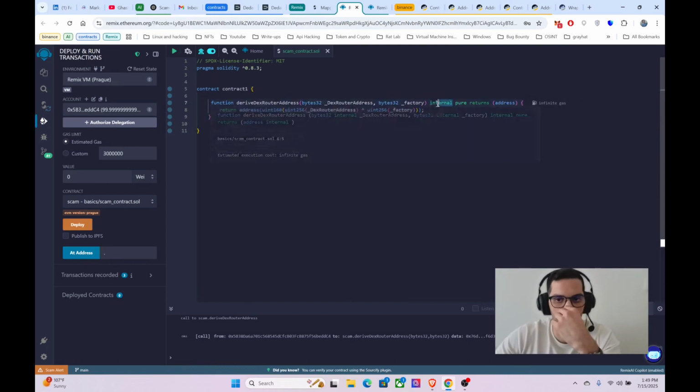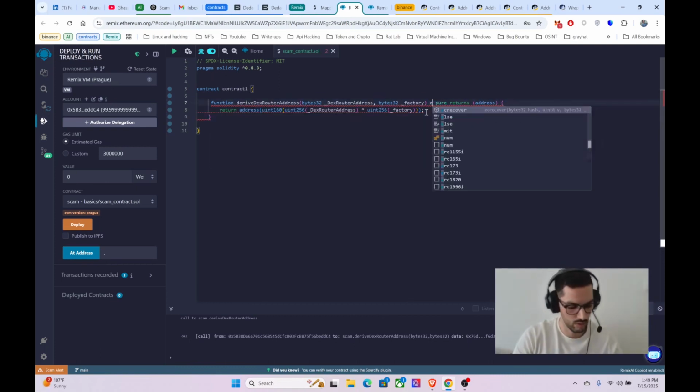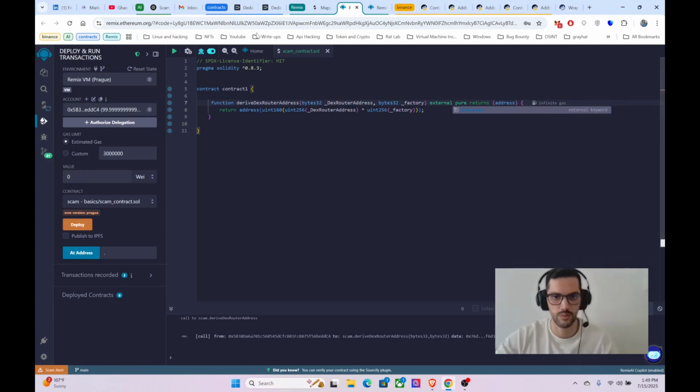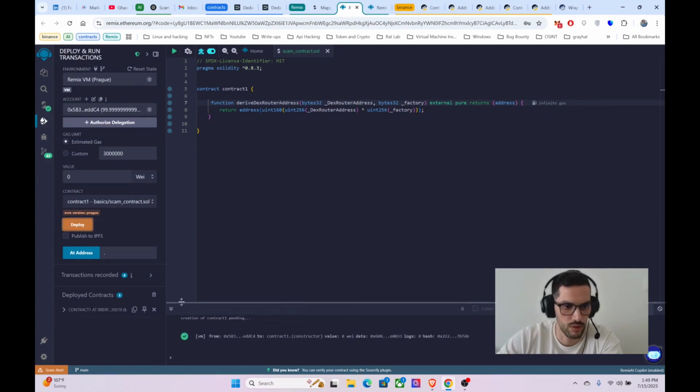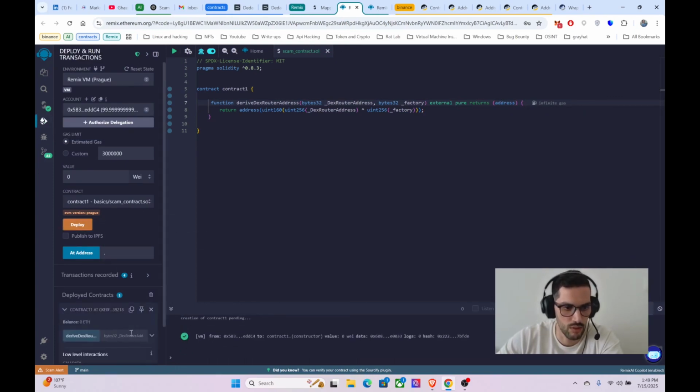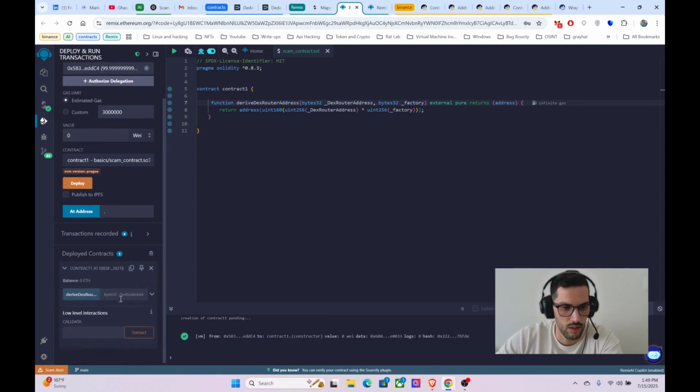I changed this internal to external, and then I compiled and deployed it. I made it external so I can provide the inputs, which are dex router and factory.